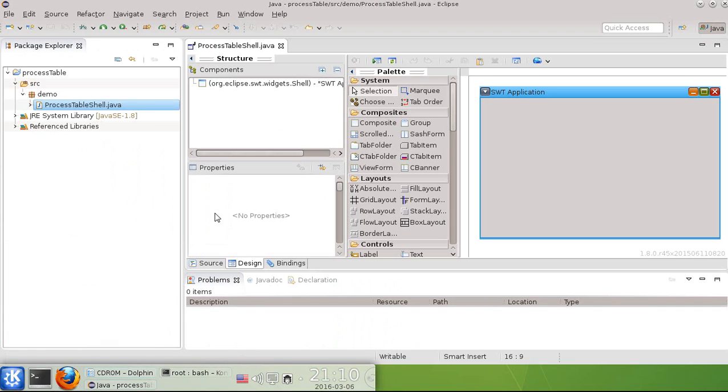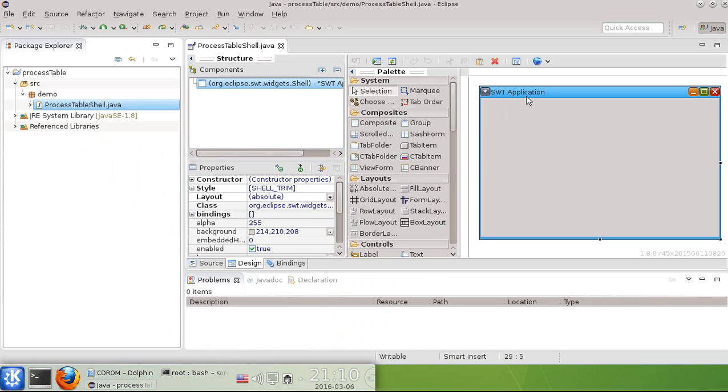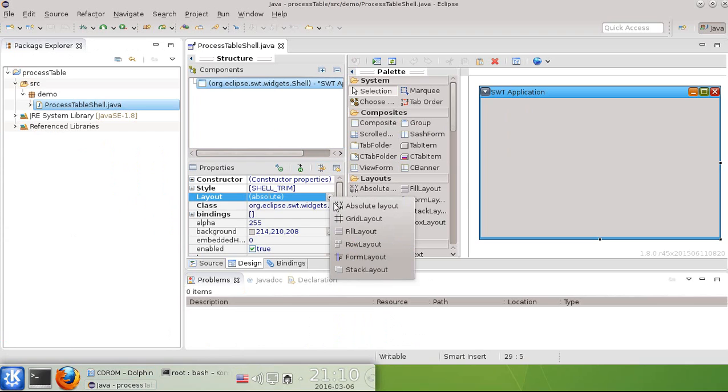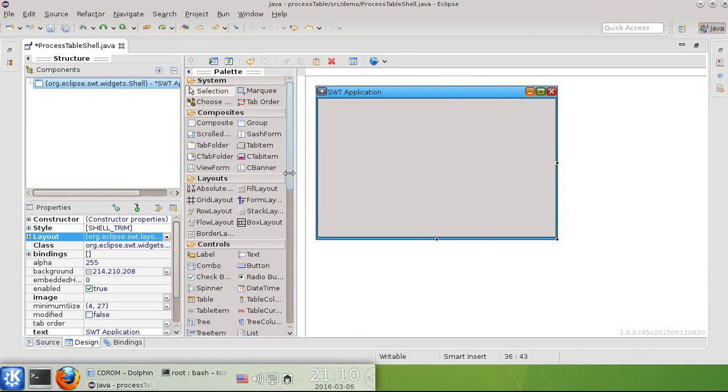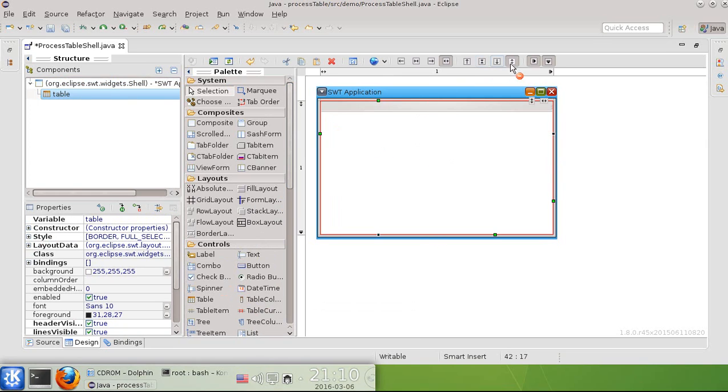So now let's go to our design and add what we need. I will go to my widget, first to my shell, and I'll choose the layout of the shell. So I'd like to have a grid layout, and for the grid layout I will then go and drop onto my form a table. So I'll select the table, and I'm not doing a drag and drop, but I'm activating this toggle button and then click inside here. So this is already grabbing the excess space, and it's filling the form vertically and horizontally,